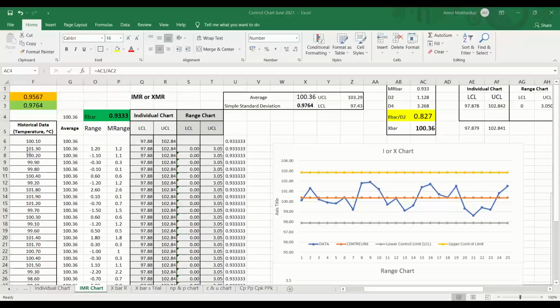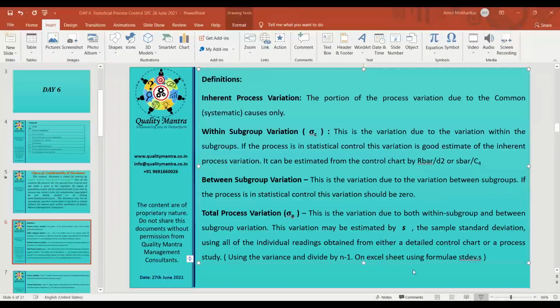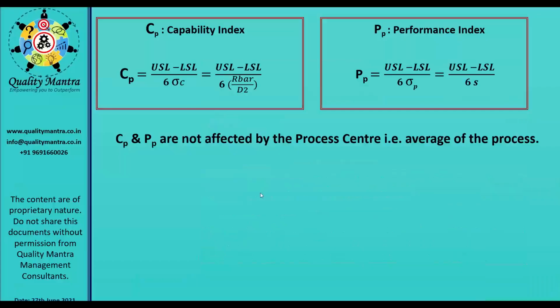Okay, 0.9 you can take. So you think that you have a process wherein your LSL is 95 and your USL is 105, and you have a standard deviation of 0.9.